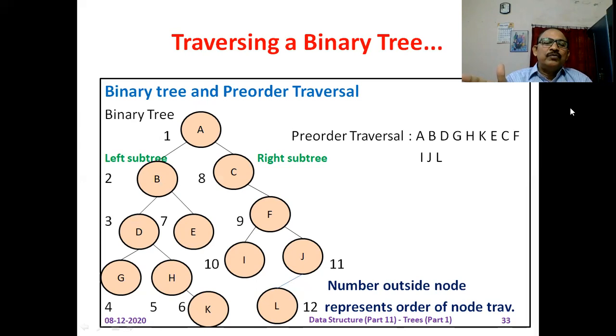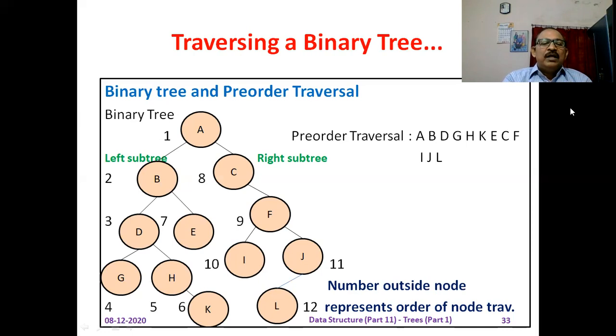When we call the pre-order function with the left subtree of B, node D becomes the root. The contents of the root node, that is D, are printed on the screen. Next, the right subtree is a suspended activity, and we call the same pre-order traversal with the left subtree. At this time, what is the root node? The root node is G. Now G is printed on the screen.